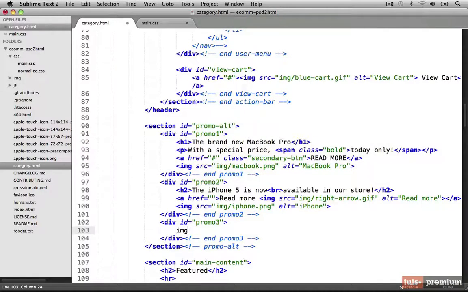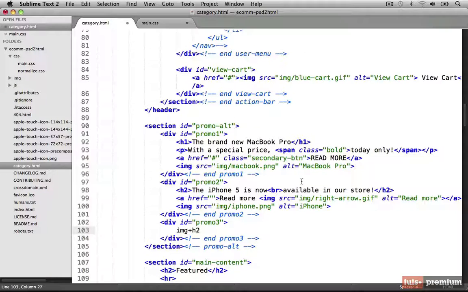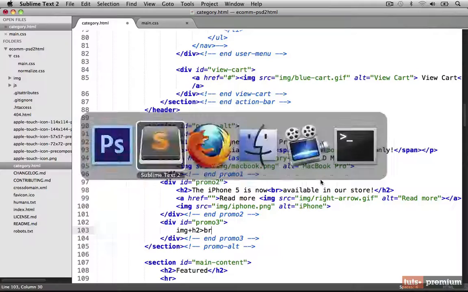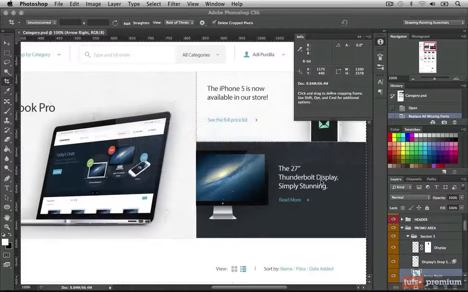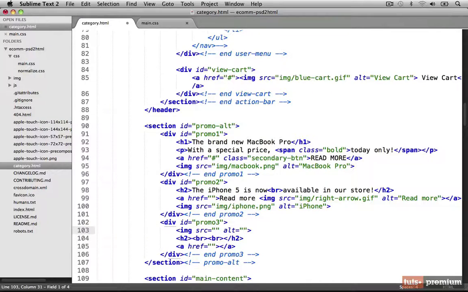So we need an image tag, and we also need an H2 heading for the header here, and that's going to need a BR tag inside of it so that we can break it down into multiple sections. So it looks like we're going to need 2 BR tags. And then on the same level as the H2 heading, we're going to need a link for the read more link. So let's expand this, and let's link in our